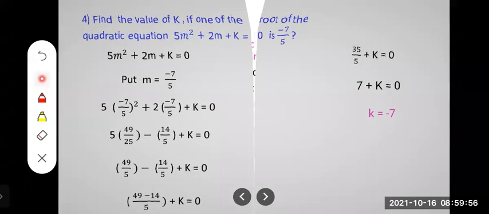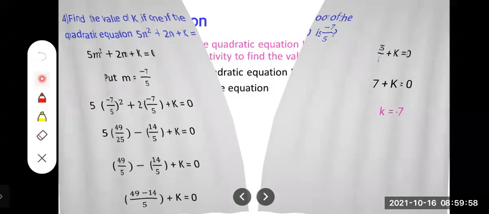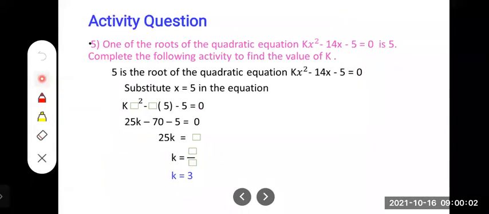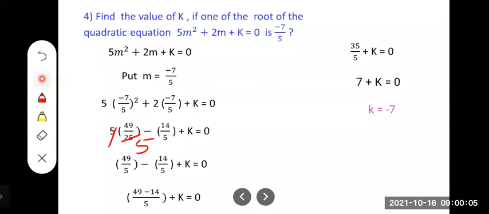Okay. Yes, now you see here an activity question. Based on this, to find the k value, an activity question also is there. See this question, my children, especially this minus 7 upon 5. In our textbook, it is given as an activity question. So this also they may ask in activity form.